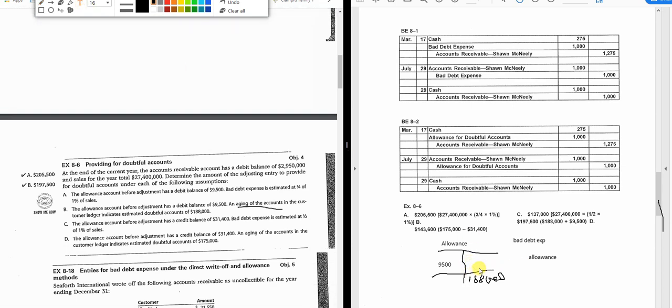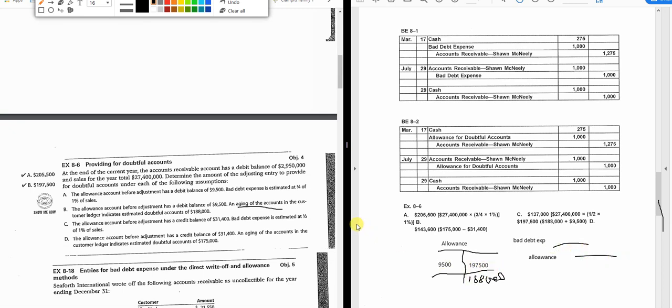So your journal entry right here is going to be 197,500. Okay? Oh, I guess it's right there. Strange. Didn't copy very well. So there's B, 197,500, which is the 188,000, but I've got to come out of the hole of 9,500 and add on another 188,000. So my journal entry right here to debit bad debt expense and credit my allowance is